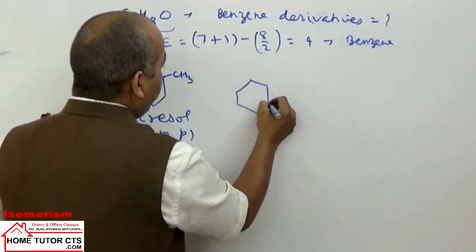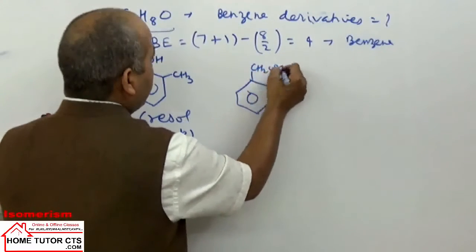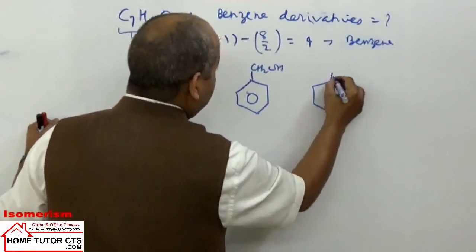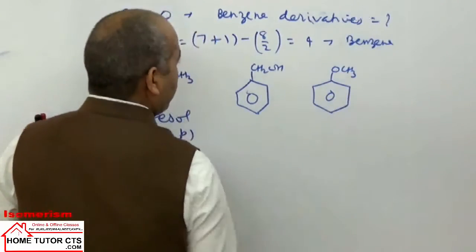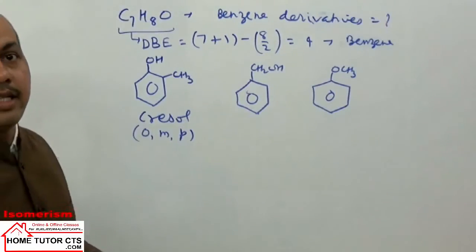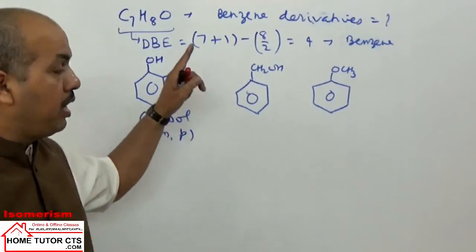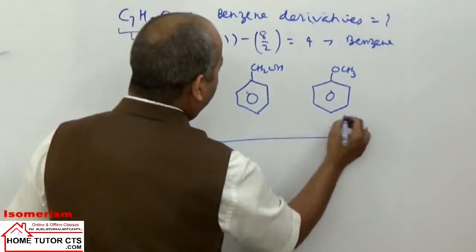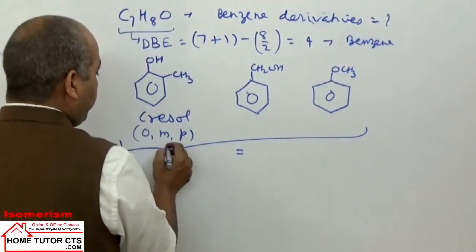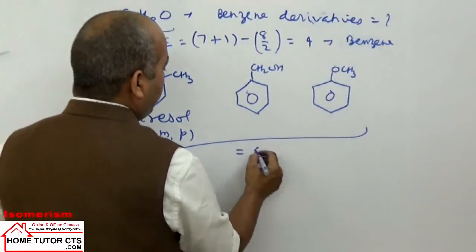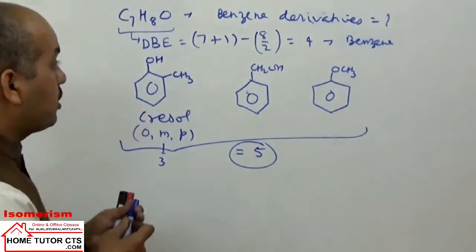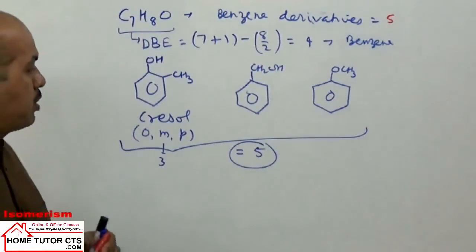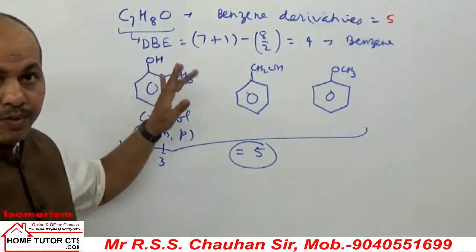Or you can take an alcohol, CH2OH, benzyl alcohol, 1. When alcohols are there, ethers will also be there, because alcohols and ethers are functional isomers. So if you have an alcohol there, ethers will also be there, you can think this way. So the total when you take in counting becomes how much? 3, you take 3 for counting, plus 1 plus 1, 5. So in this case the answer becomes 5 as the number of benzene derivative isomers. I hope it is clear.